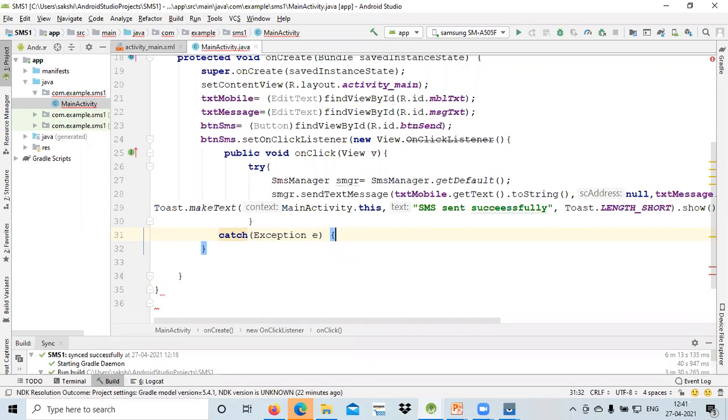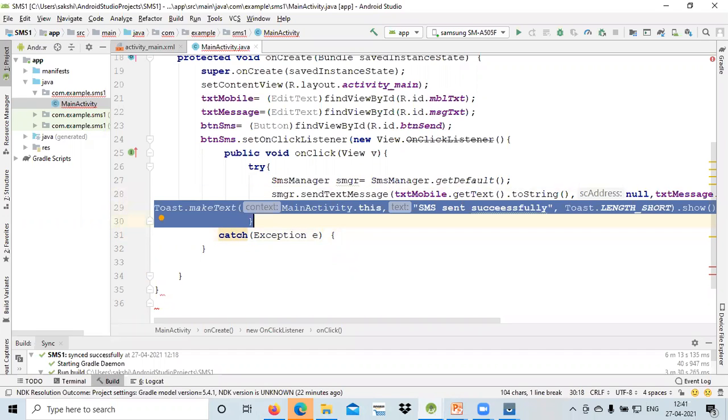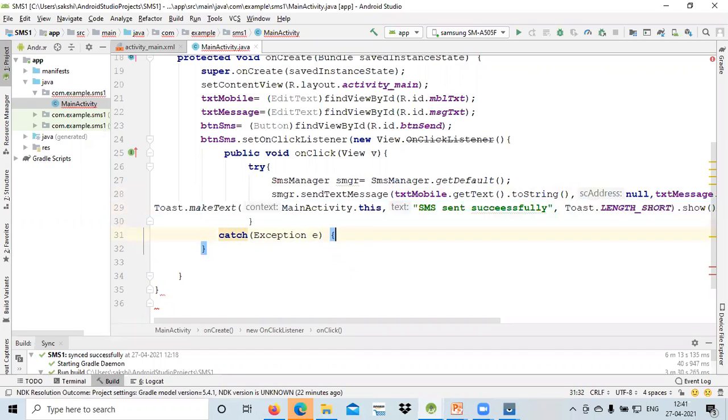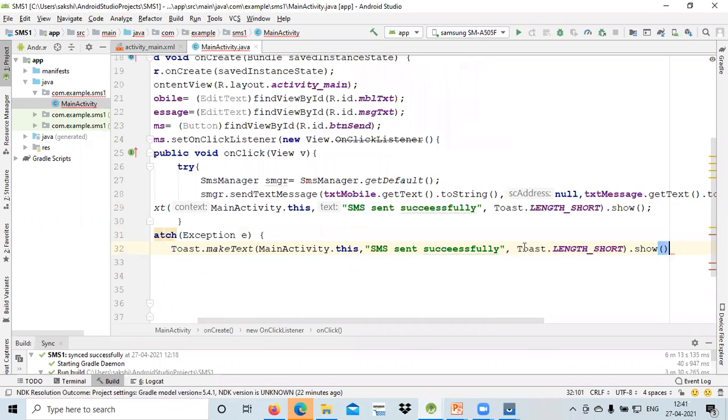Okay, so again I will pass that message over here. To make it speedy, I'm using Toast make text. Okay, Control C, and I am writing that particular thing, Control V over here. So this is the message, SMS sent successfully, SMS not sent. I write here not sent successfully.